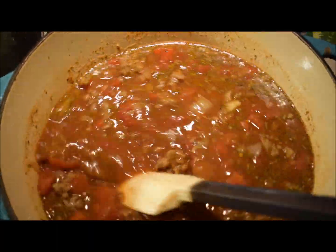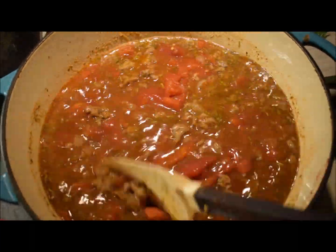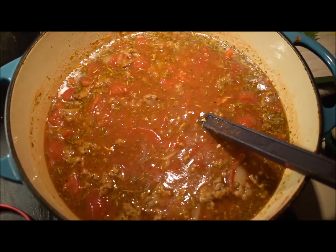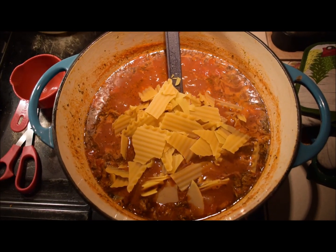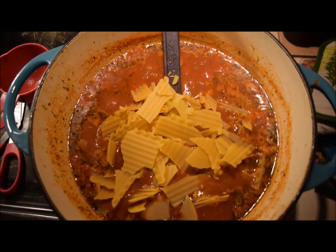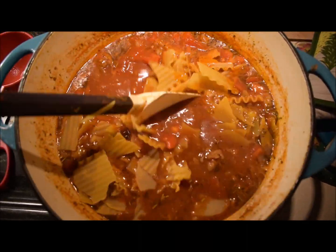It looks good. It smells really good too. So, lasagna soup. Everybody will love that. Alright, let's let it cook. I added the pasta to my soup. I tasted this and it was so good. This is going to be,